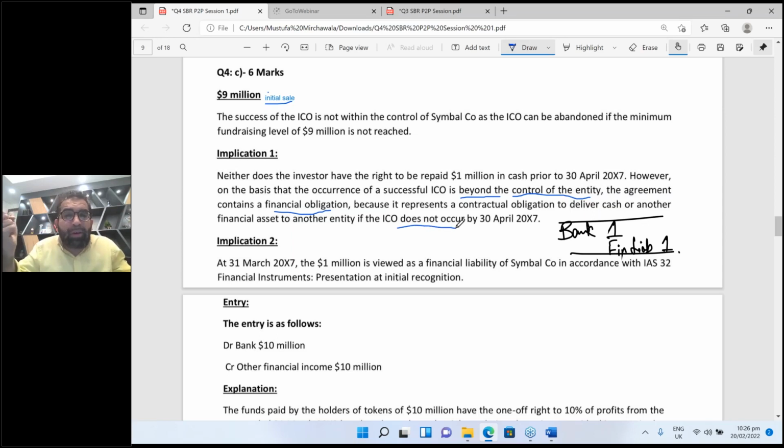An ICO is beyond the control. It is possible. Listen, sometimes we offer things and the public just runs away. There are IPOs which are badly undersubscribed. Yes, we have seen big IPOs undersubscribed in the end. So it is a possibility that in the end the conditions change because of economic changes. There are a lot of economic changes.